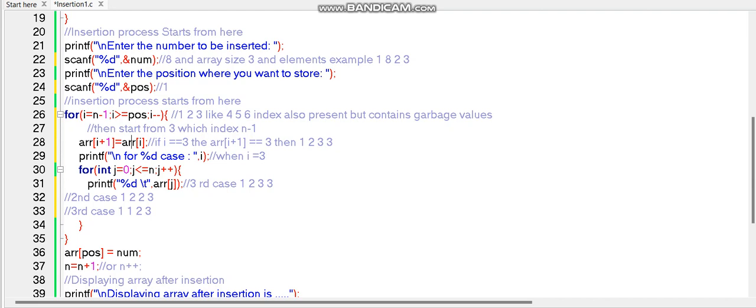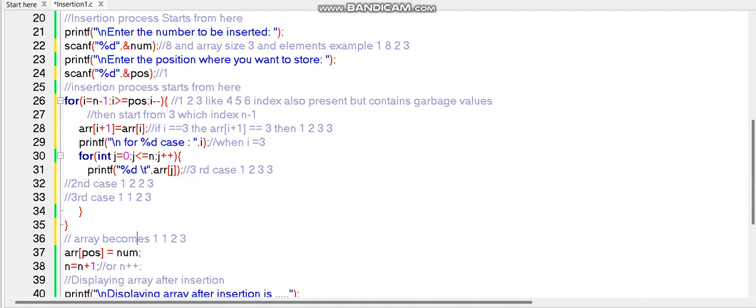After the completion of this for loop, the array becomes 1, 1, 2, 3. At that time the position is 1. Here we replace 1